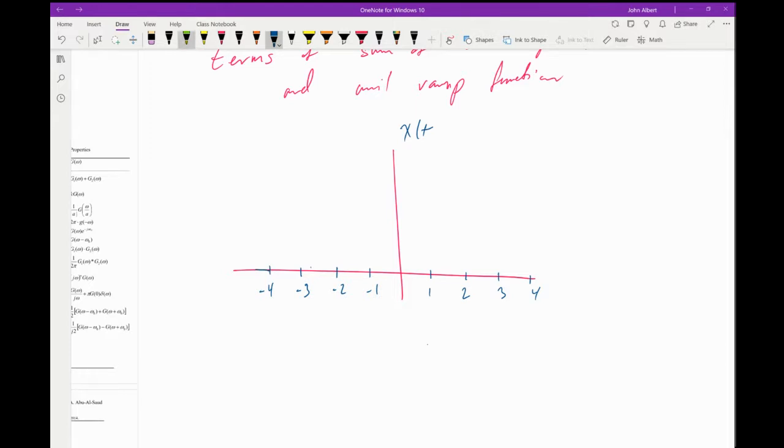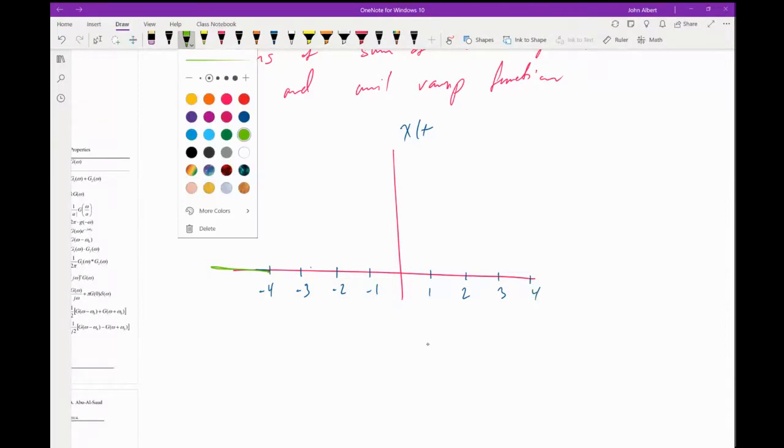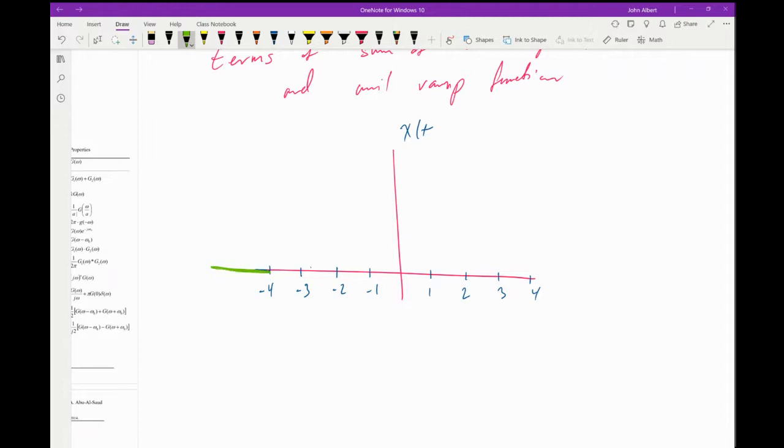Let me use a different color, maybe thick green. Okay. I have 0 in here, and then suddenly in there,